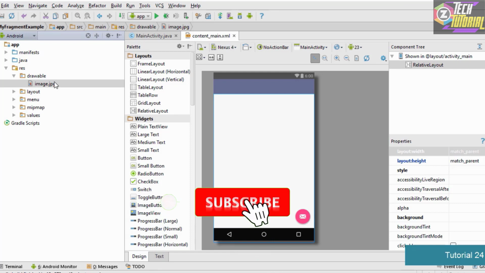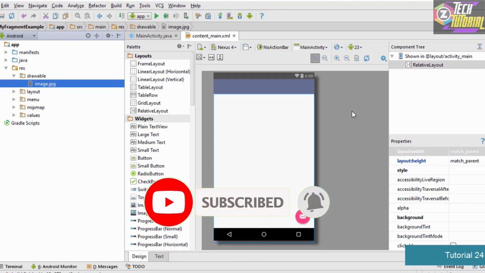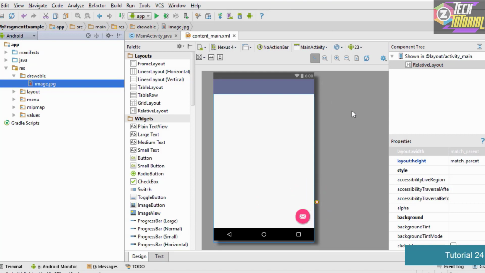Before creating any fragment, let us understand what a fragment is. A fragment is similar to your main activity. A fragment usually has two parts. The first part associated with the fragment is the XML file, and the next part is the Java file. The first thing you need to do while creating a fragment is create a layout file, or the XML file. If you want to create a new layout file for your fragment, you should go into the layout folder, because each and every XML file associated with our Android project lies in this layout folder.